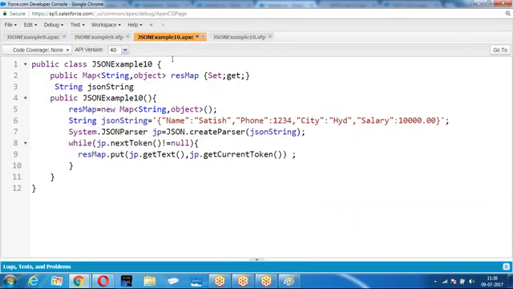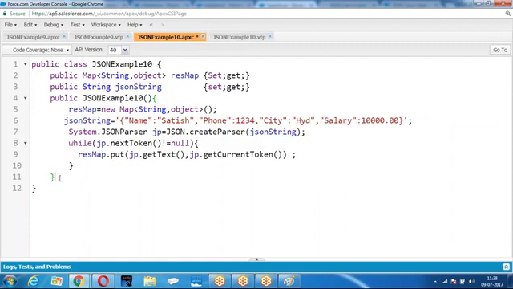If you only want the value of name, how do you get it? We got a lot of response. In the response, I don't want all the values. How do you get the value of name only? Public void.